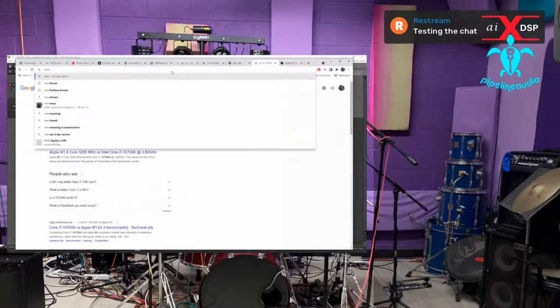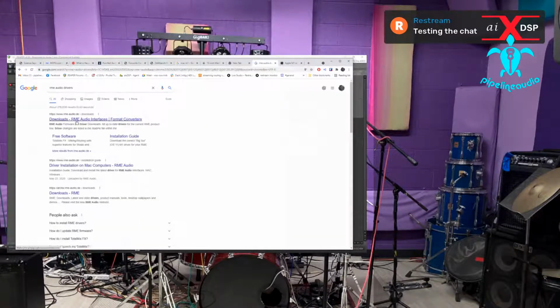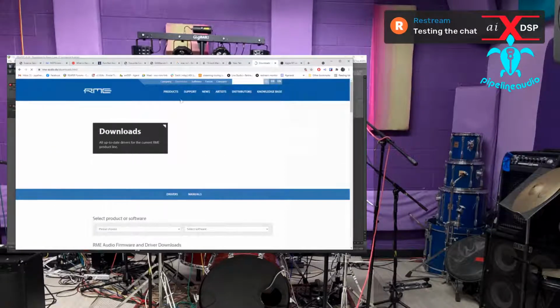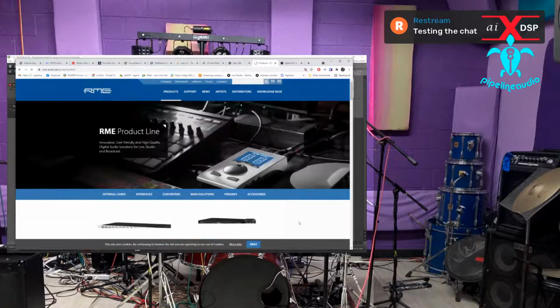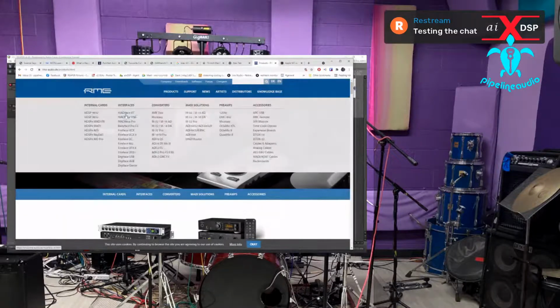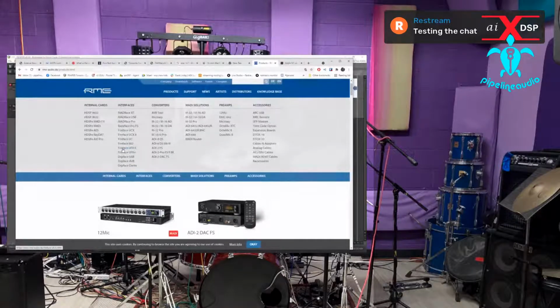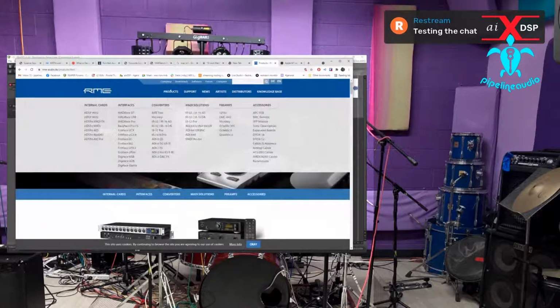Okay. So, they still do a lot of internal cards. Look at that. Products, internal cards. Still got all of these. Okay. MADIFace USB, Fireface. Let's look at this UCX and UFX and UFX Plus. I don't know what all these things are. Let's see. They got the 12 Mic. They got some weird ones that I just don't know what exactly they are. So let's look at the